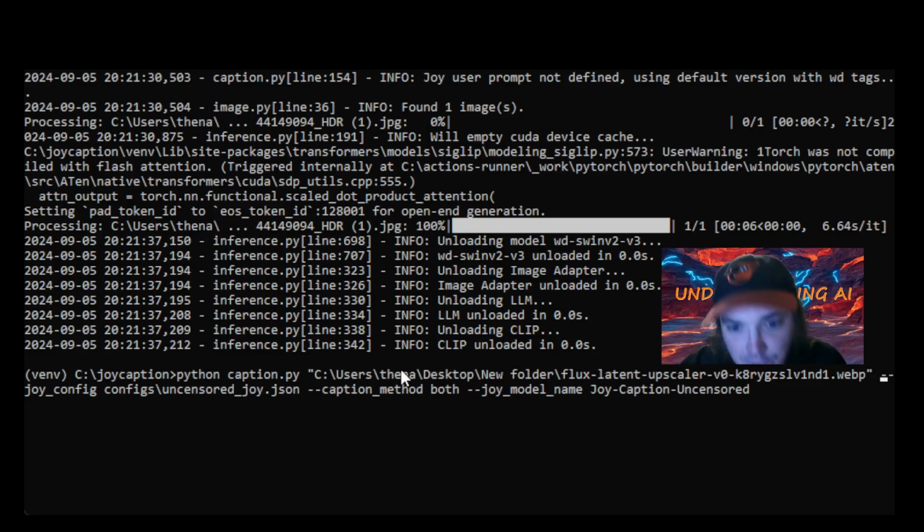Now, the next parameter is this --joy_config. Basically the way this app runs is it runs off configuration files. It's got 3 different configuration files under the configs folder, and the one that we're going to need is the uncensored config. So we're going to give it the parameter --joy_config. In other words, we'll say, hey, we're going to use